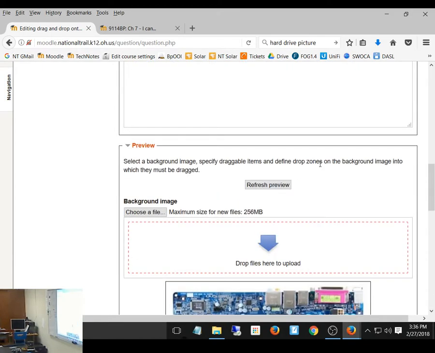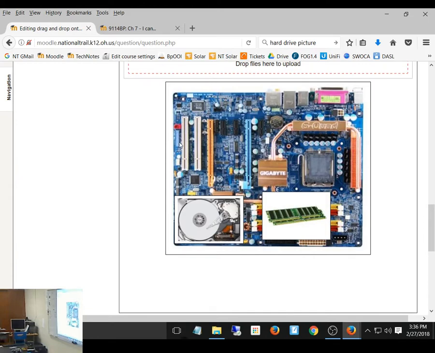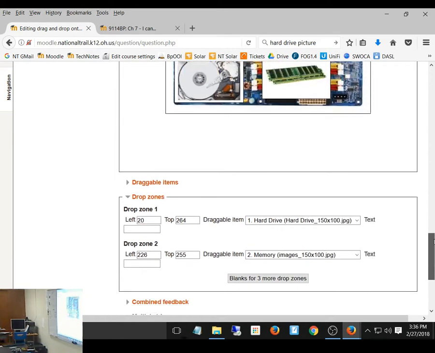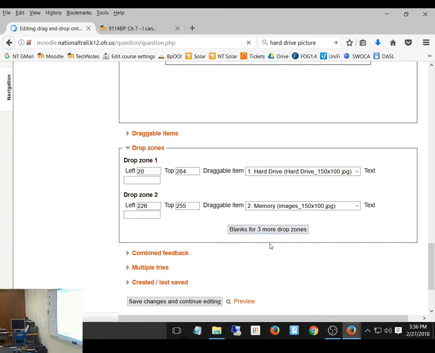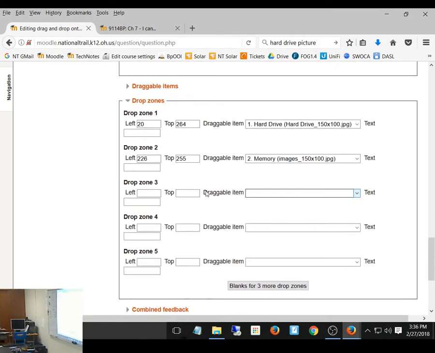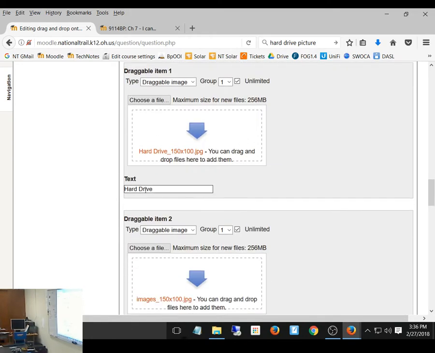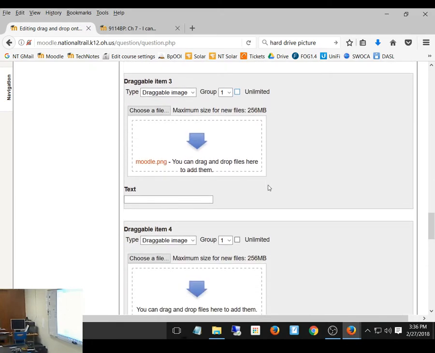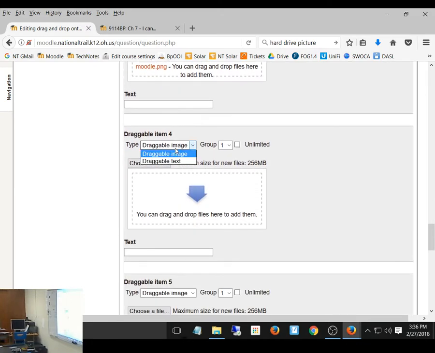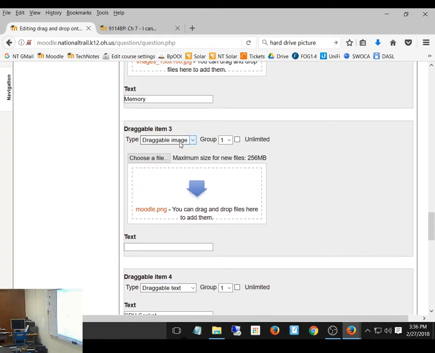I'm not going to try to drag it. I easily could. I'm going to finish this question. Now, does this one actually have the word answer too? Yeah. So down here, when we did the pictures, that was one of the draggable items. Down here, if you say draggable text, a CPU socket, and then